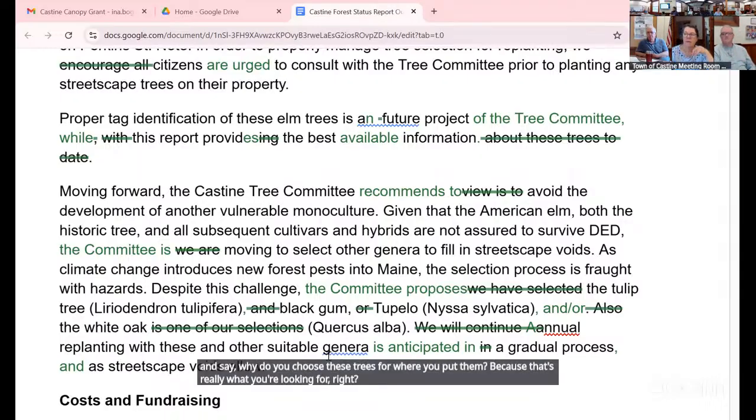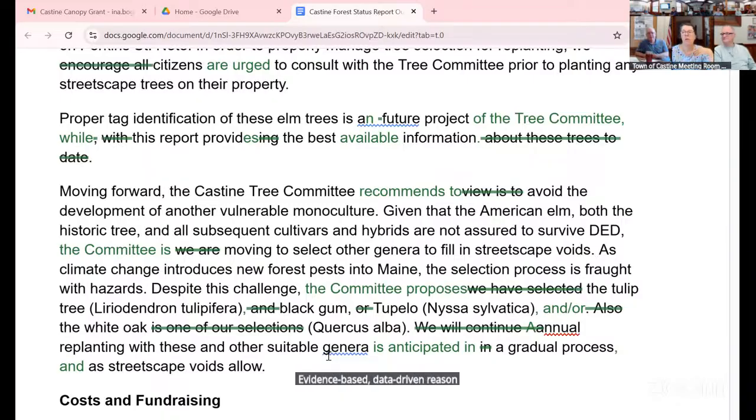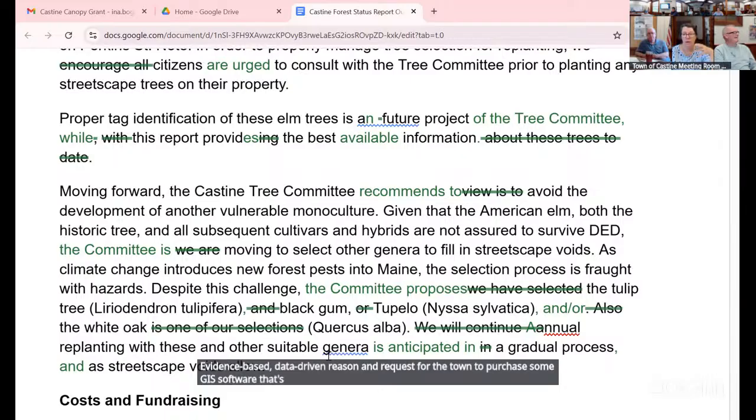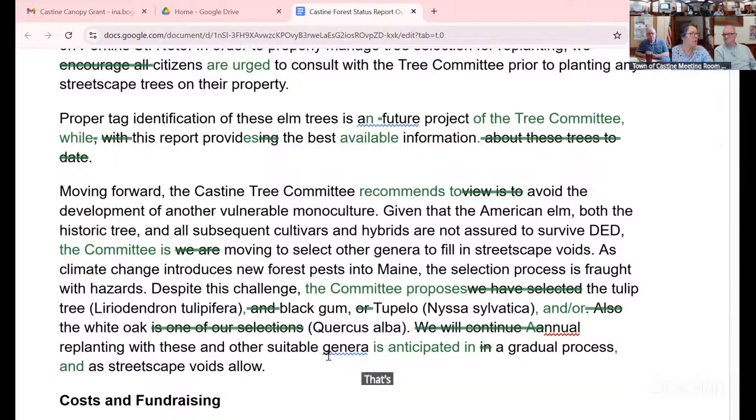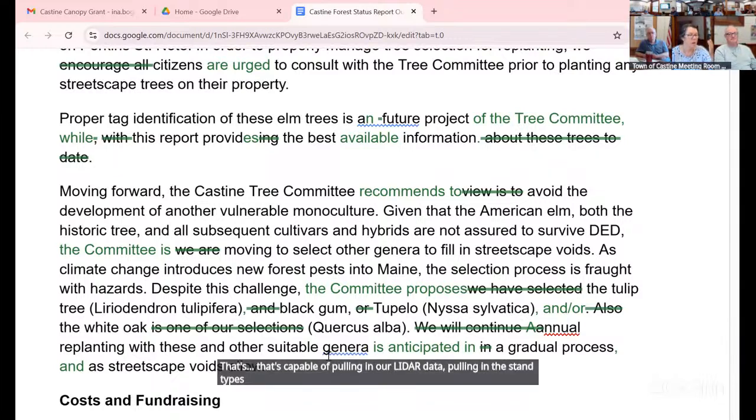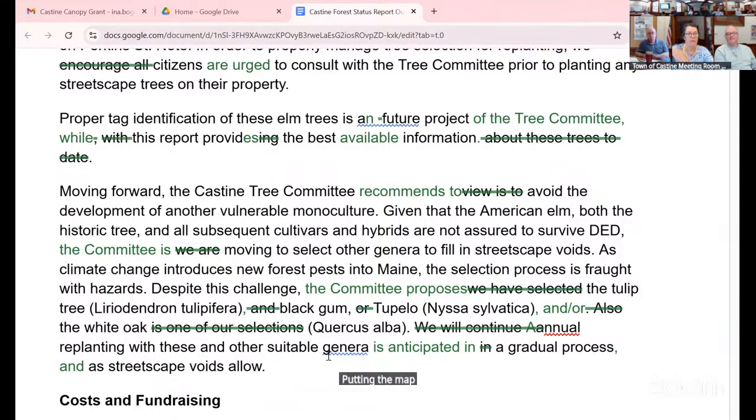So, Derek, this is a nice evidence-based, data-driven reason and request for the town to purchase some GIS software, and the necessary training, that's capable of pulling in our LiDAR data, pulling in the stand types and the information, putting the map on that, your wall map, and putting that data in the way that we've got it. I'm going to be talking with